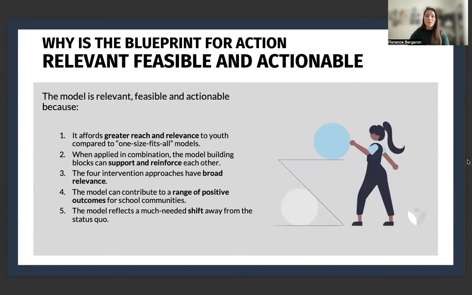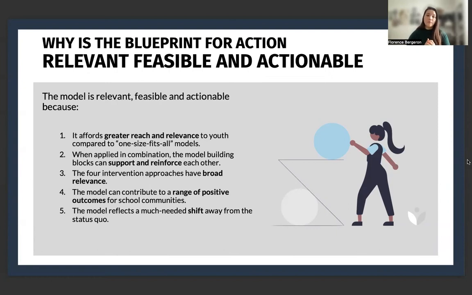The blueprint for action is not a recipe. It's not do step 1, 2, and 3, and then all your problems will be solved. We do not pretend that it will be easy like that. It really hopes to be shaped in the best way for your specific contexts, which then may feel more relevant for youth themselves.